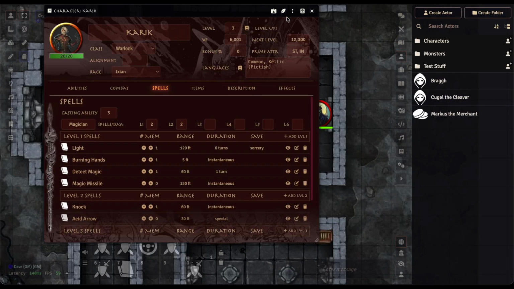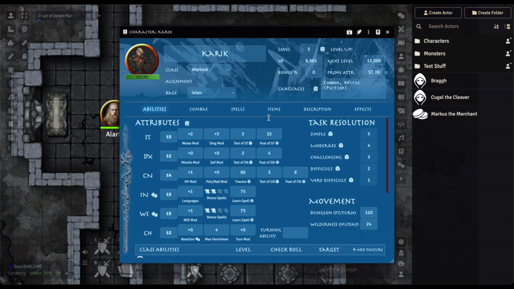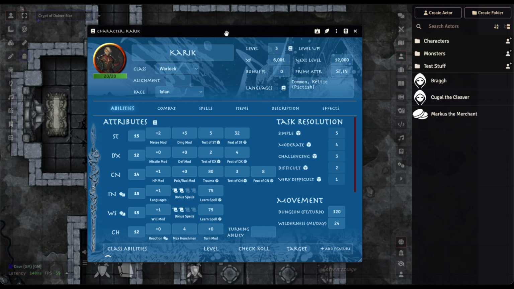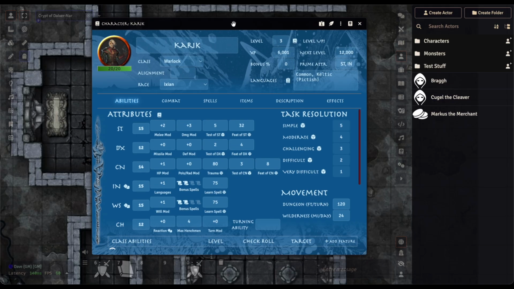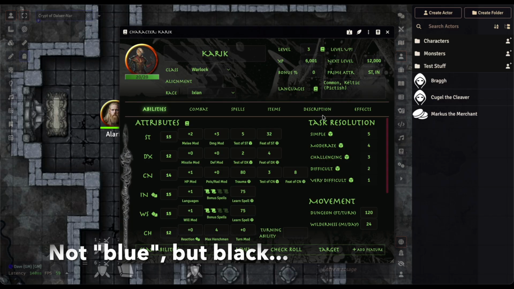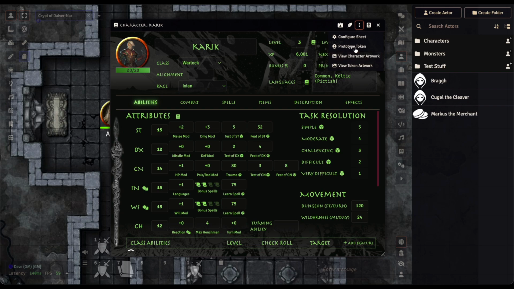And then if we just skip to some of the other ones, I'll flip through the rest here fairly quickly. So let's see. That was Cryomancer, kind of an icy blue theme. Great for, well, if you really like the color blue, obviously intended with the Cryomancer class, whether you're a Warlock Cryomancer, Ice Lord, or an actual Cryomancer pure magician type. And then you've also got the Necromancer. So we've got kind of a blue and sickly green theme going for the Necromancer. And then let's see, we've got